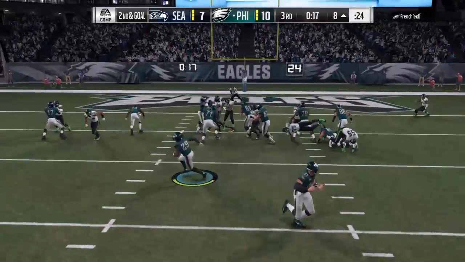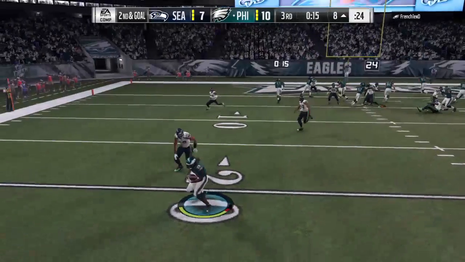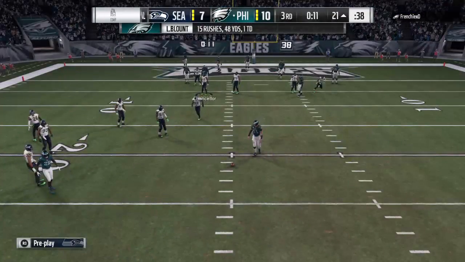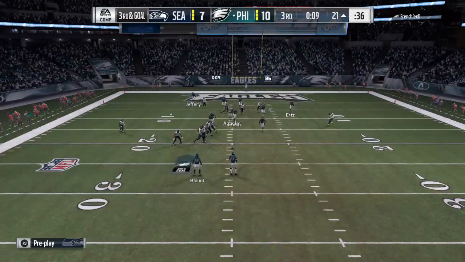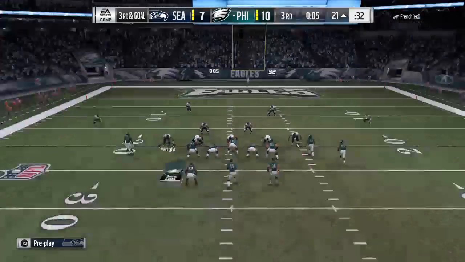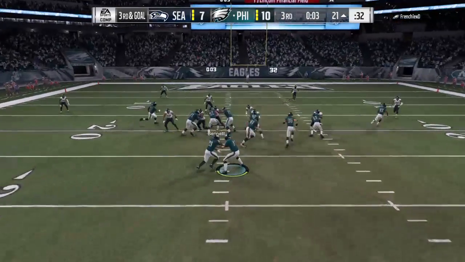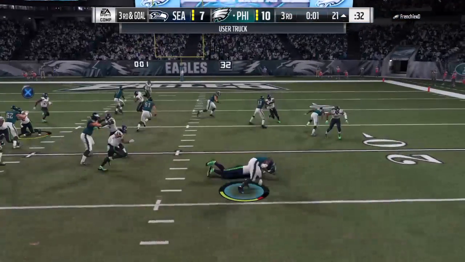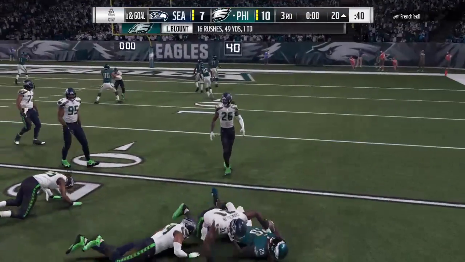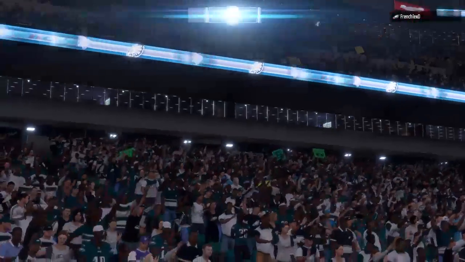Second and goal now from the 8. Now Blunt, and he'll wind up losing yardage here back at the 21-yard line. It'll be a loss of 13 on the play, and that is going to set up third and goal. They'll run it now out of the gun a second time, and he'll be brought down at what's going to turn out to be the final play of